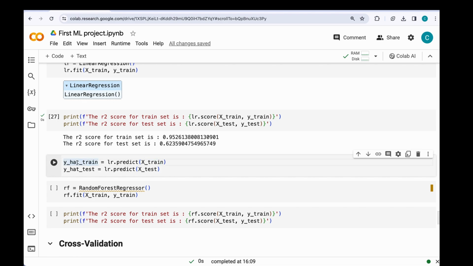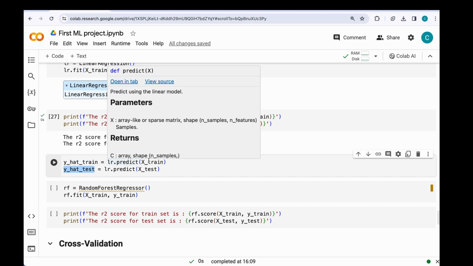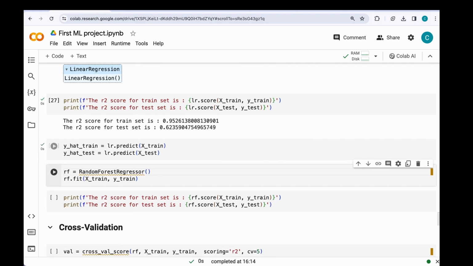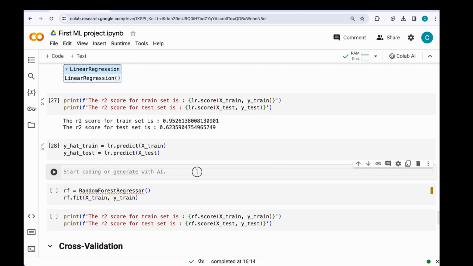So this y hat train is the predicted solubilities using the training data, and y hat test would be the predicted solubilities of the test data. Now we have to just use this predict method, which would take in x train for predicting the solubilities of training data, and x test for predicting the solubilities of test data. So let's just run this,